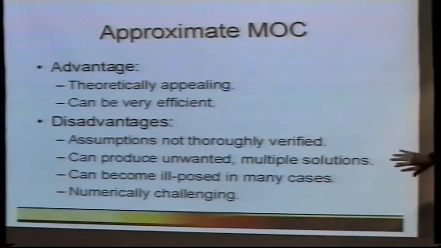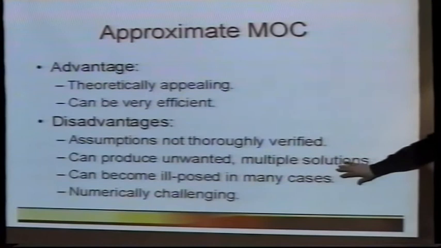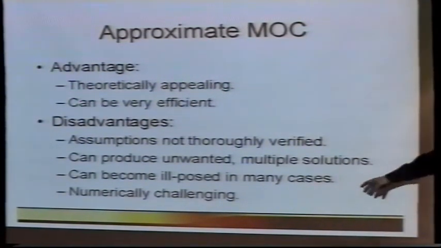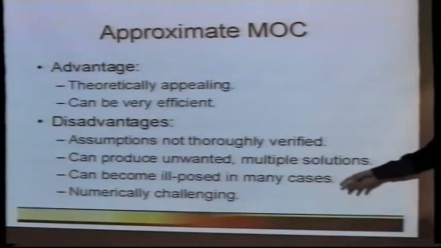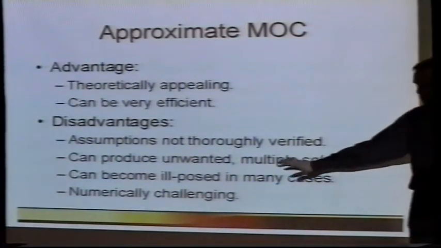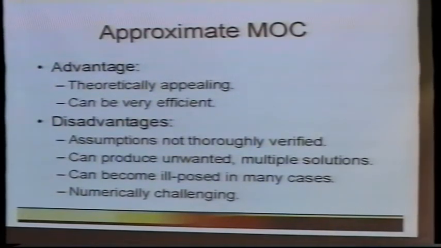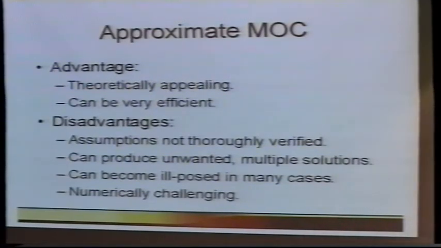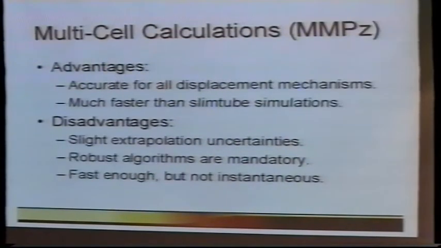The bottom line is it becomes kind of unreliable, because you never know for sure what kind of answer you're going to get out of there, either because of numerical instabilities in the problem, or because it finds one of these non-physical, unstable multiple solutions, or because it relies upon some assumptions that haven't been verified. You just don't know what the answer is going to be. So that brings us to the multi-cell,